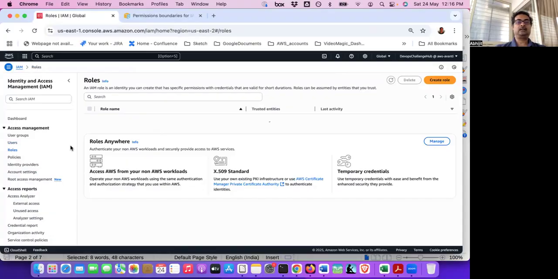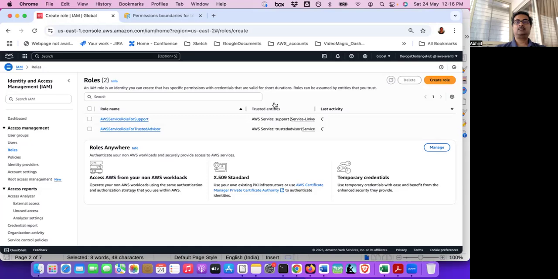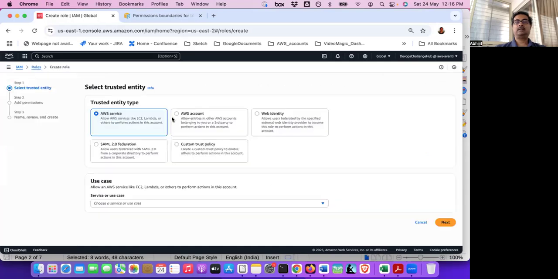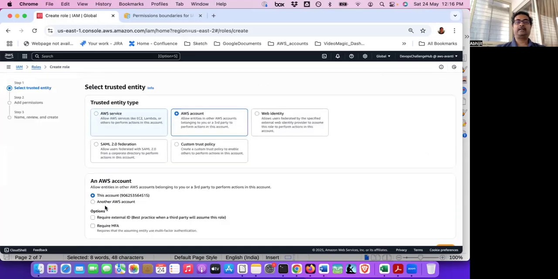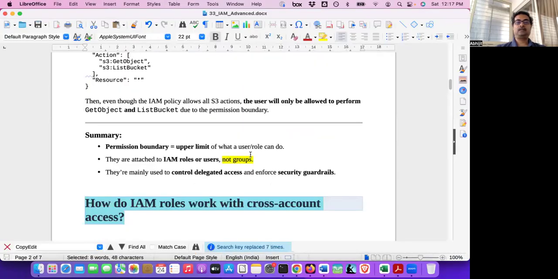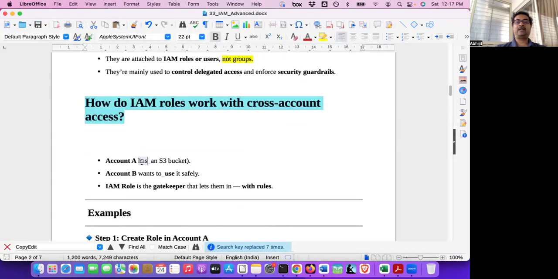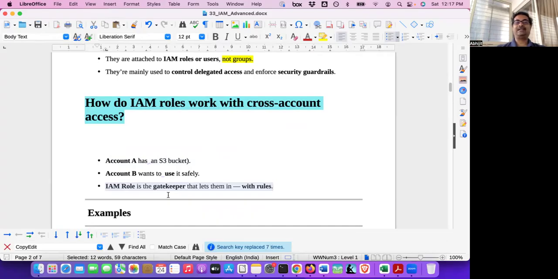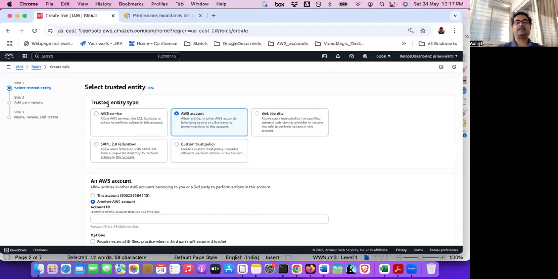Create roles, then choose AWS account, another AWS account, account ID, etc. And then you can create some role. So account A has an S3 bucket. Account B wants to use that S3 bucket. So the IAM role will be a gatekeeper. So you create a role that is a gatekeeper, and here you create that role with a trusted entity,